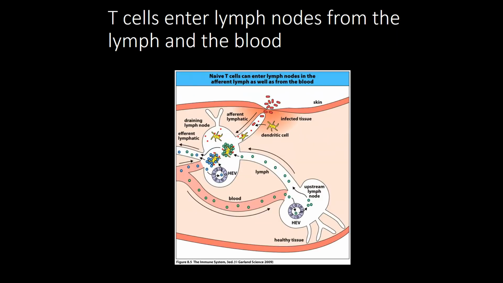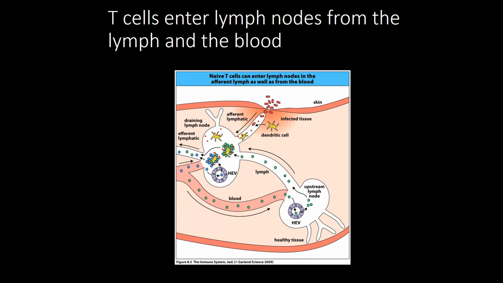And so what typically happens is that antigen gets picked up in some location, some tissue or whatever. It gets picked up by a dendritic cell and carried to a draining lymph node through the lymphatics, as you can see here. And once it gets into the lymph node, that dendritic cell is sitting there waiting, and T cells will migrate through those